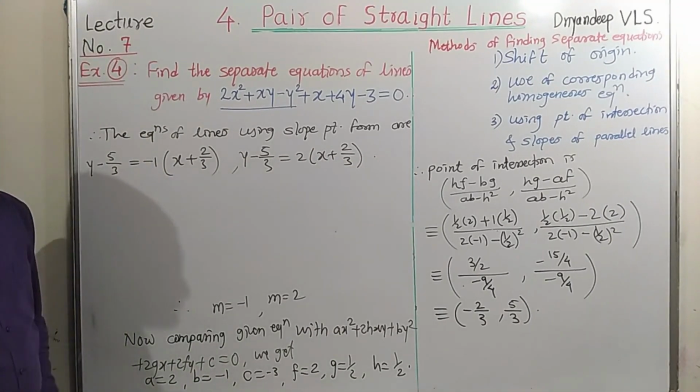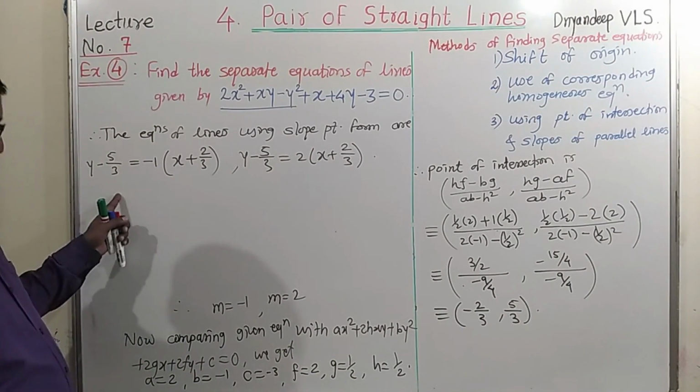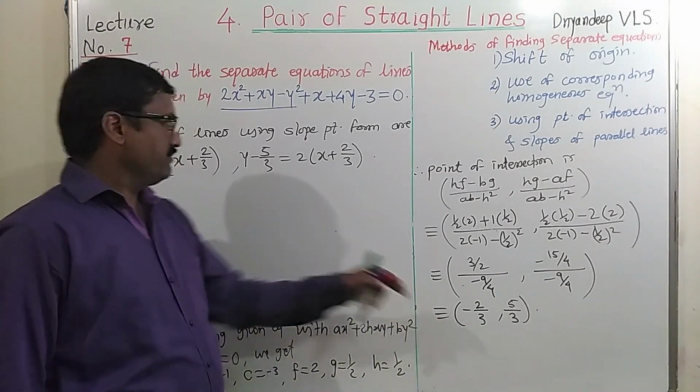Okay, so these are the equations of two lines which are passing through point minus 2/3, 5/3 and having slopes